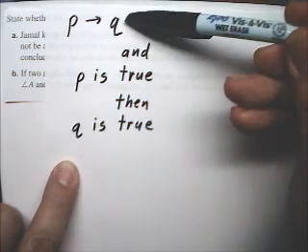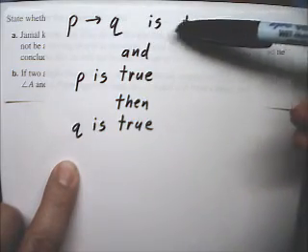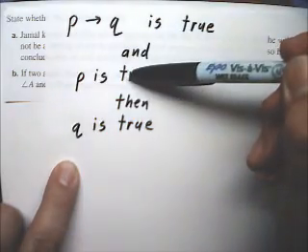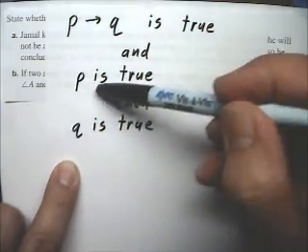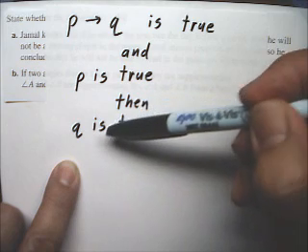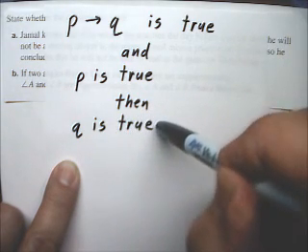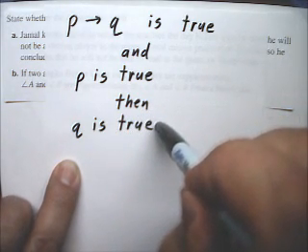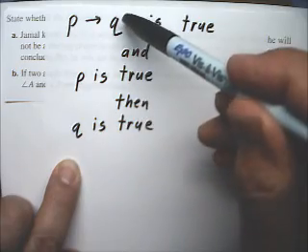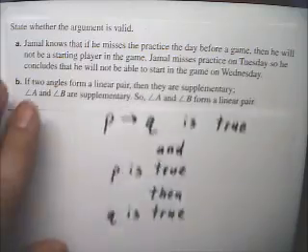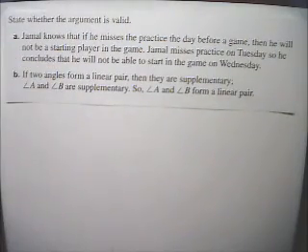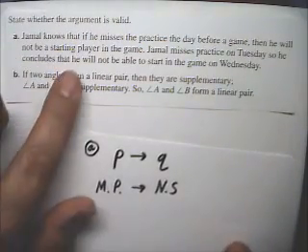And if the conditional statement is true, and P is true, then you can conclude that Q is true. And this bottom part, this then part, the Q is true, that's the whole part of this law of detachment. So the conditional statement true, P is true, that implies Q is true. So the first statement says